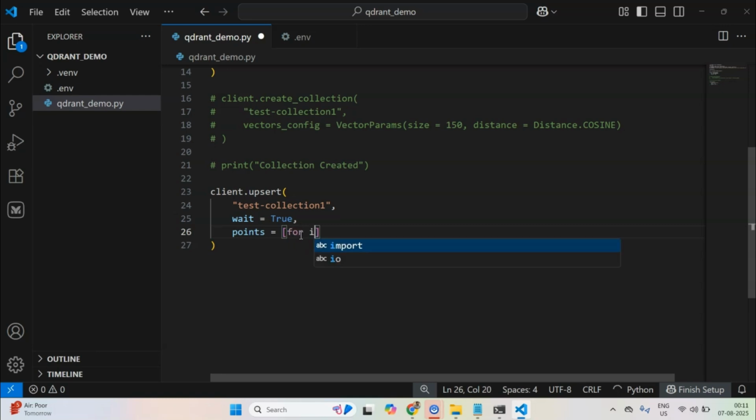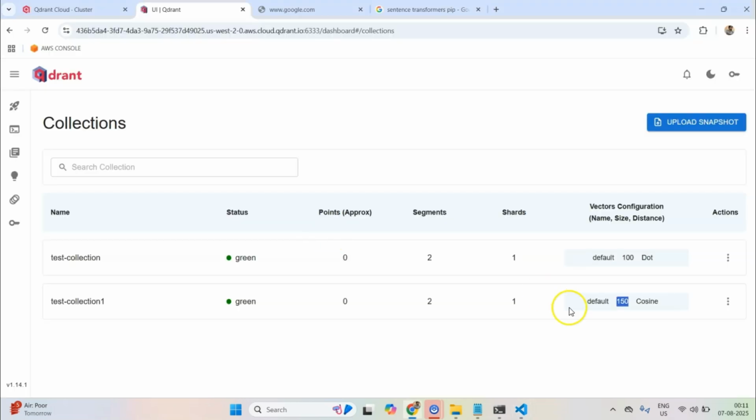Okay, I think I mixed two things. It should not be having 150 points, but rather each point should be having a dimension of 150, since each point is a vector, right?